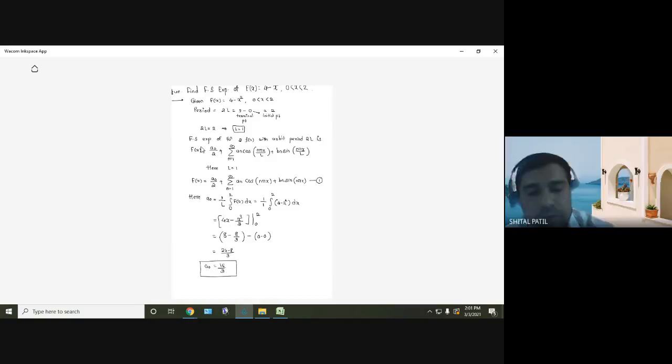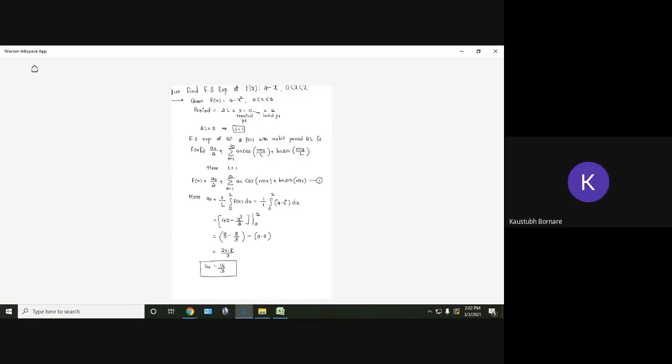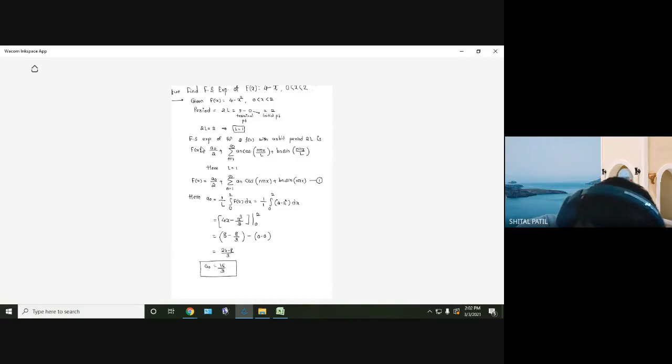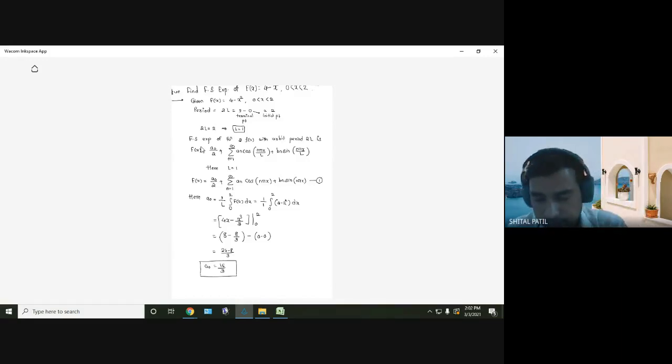Yes, sir. Okay. So in MCQ, it may be asked to find a naught for 2 marks. Right? Questions on finding a naught will be for 2 marks. Let me continue. Can I change the page? Yes, sir. If anything is remaining, I'll post the notes today only, so that you can copy it from the notes. Okay, let me change the page.